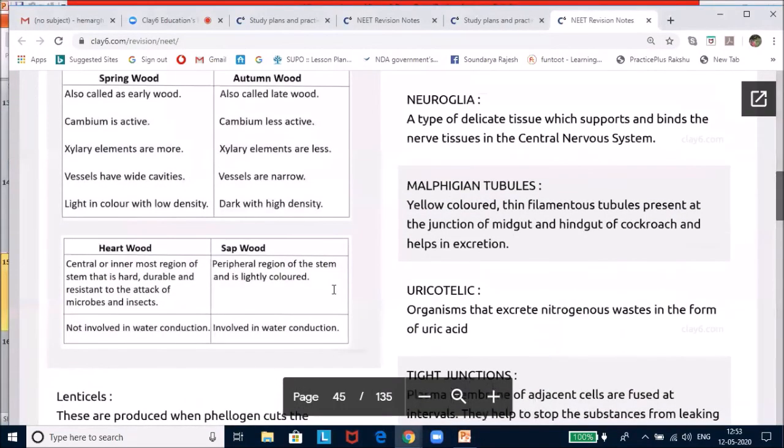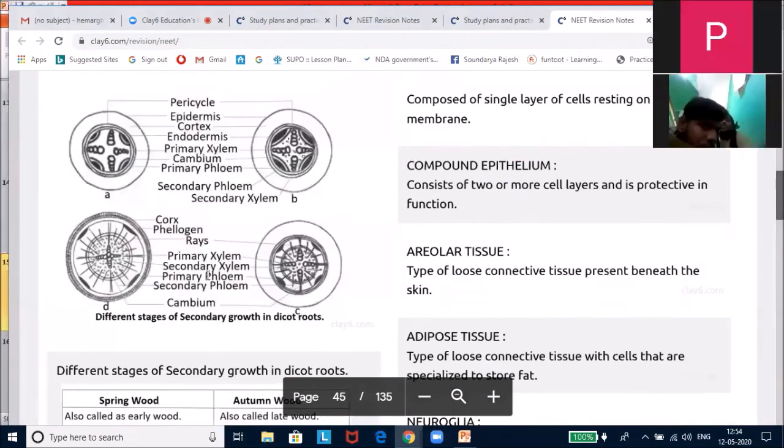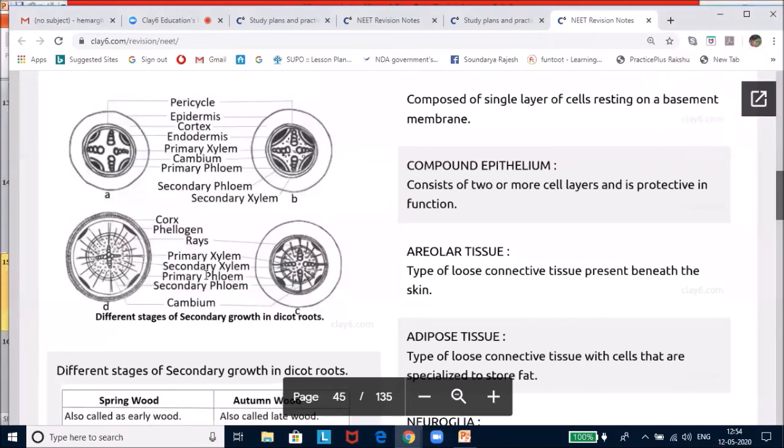Okay. Now let me use the same diagram to explain secondary growth in roots. This is the diagram. In the dicot root, the vascular cambium is completely secondary in origin. It originates from the tissue just below the phloem bundles and a portion of pericycle tissue above the protoxylem, forming a continuous and complete wavy ring, which later becomes circular. I have utilized the same diagram to explain. The changes will be only in figure B, how they form the cambial ring. Later on, the secondary growth is similar to that seen in the dicot stem.